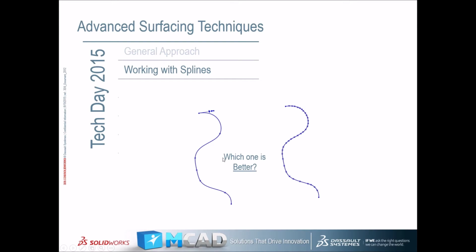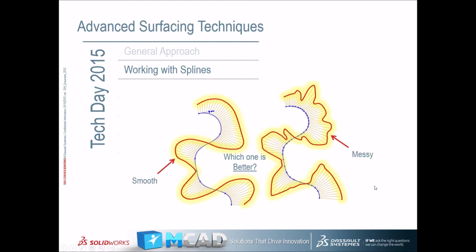So when we talk about splines, and by the way, this is a B-spline, the idea here is which one is a better representation of the shape. Some will pick the right-hand side, the one with the more points. Others will say that this is a better curve. And really the only way to check which one is better is by taking a look